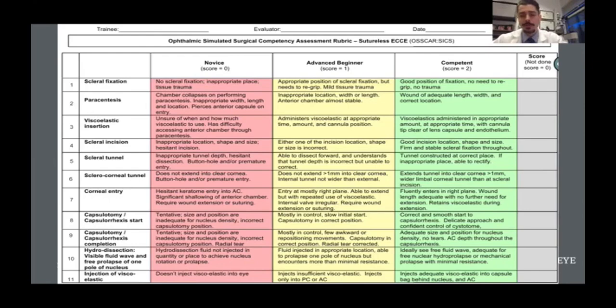This can be implemented in the wet lab setting with animal eyes to show how well the trainee is progressing. It can be a useful tool to follow along a learner's progress in terms of how well they're doing in the wet lab setting, and a tool to decide: is this learner ready to start doing surgery